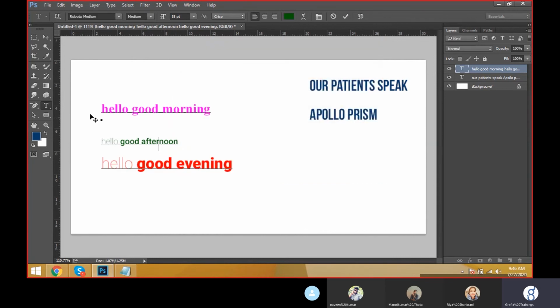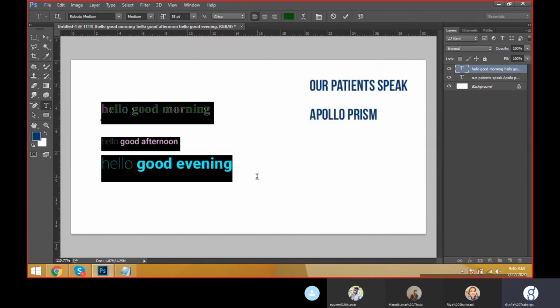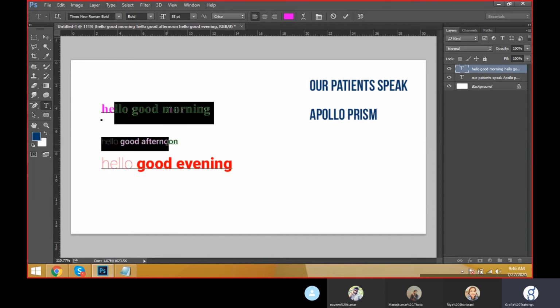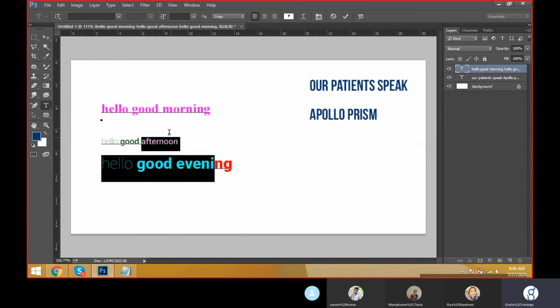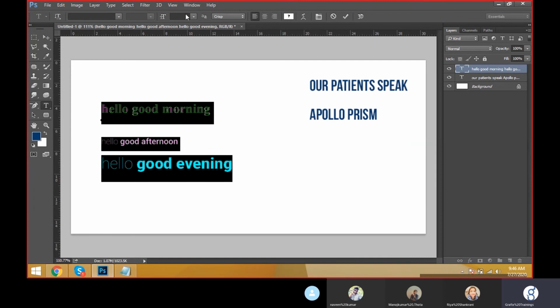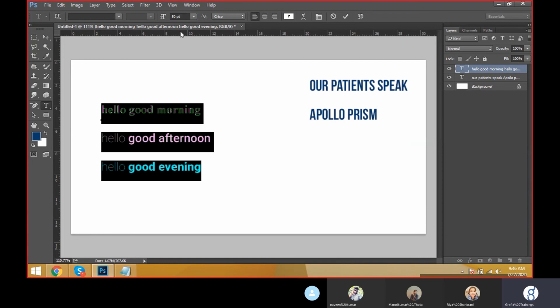Like this we can change the colors. See the font, it's not visible. Why? Because this font is different and this font is different. Again I have to keep the same font. Come to here, just give 50%, then automatically it will be visible.